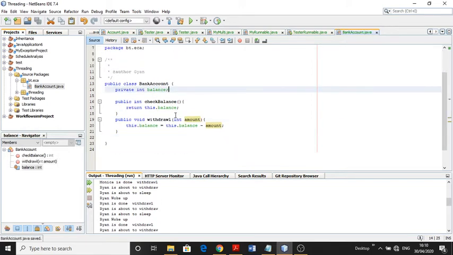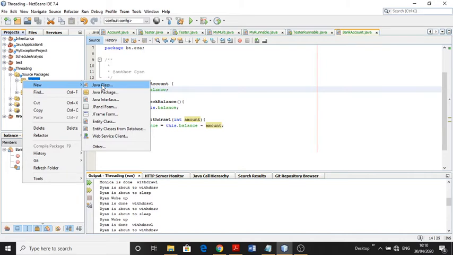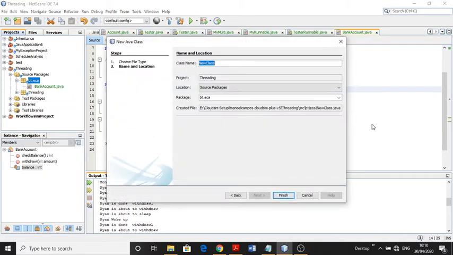So this is a very simple BankAccount class. Okay, Ctrl+S, and then create another class, that is the Ryan and Monica job. Create a Java class named RyanAndMonicaJob.